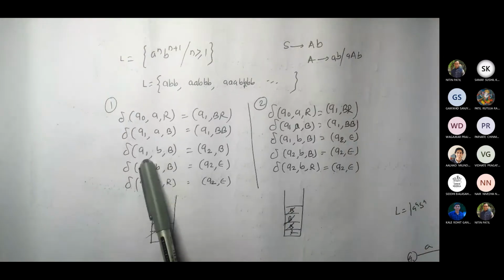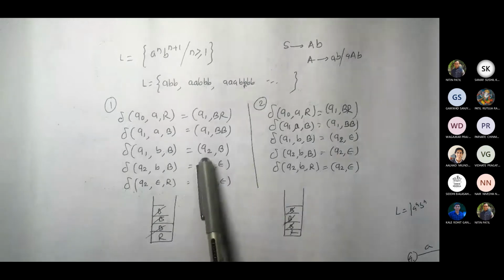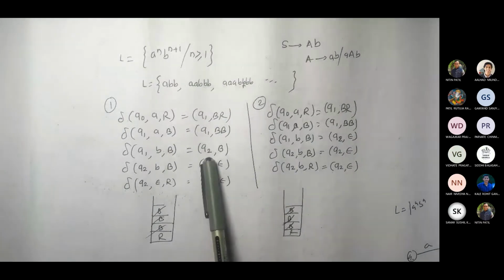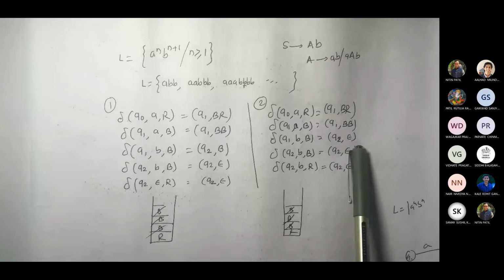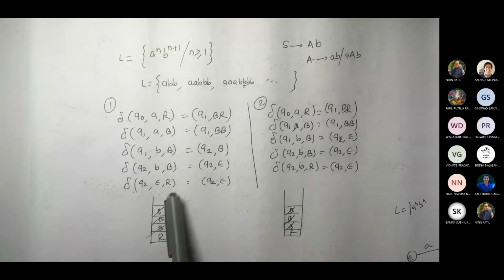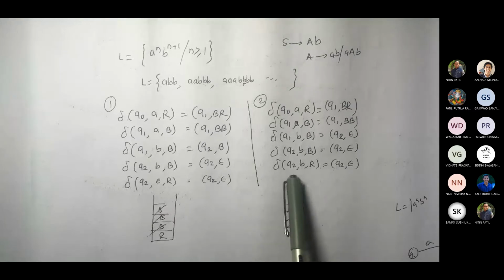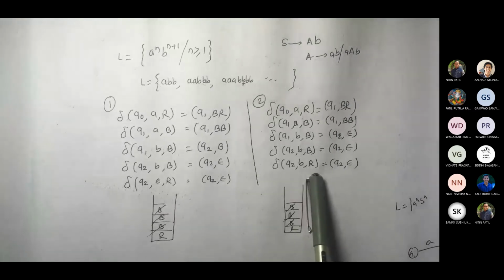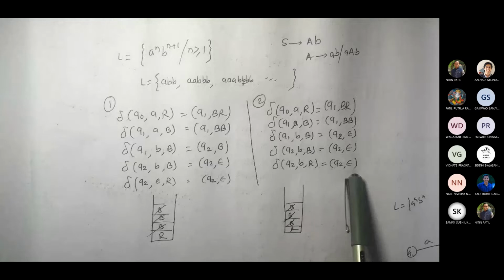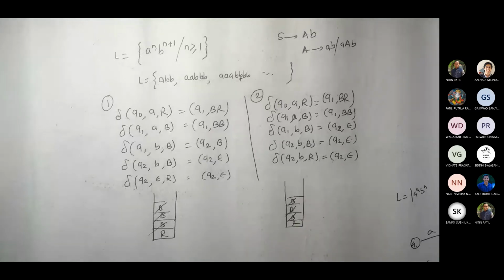The first difference is here. So Q1 BB, Q1 BB. We kept B as it is. We entered into Q2. Here I skipped, or I popped the stack. And the last statement is also different. Q2 epsilon R. I'm writing Q2 epsilon. And here I'm going to get Q2 BR, and then Q2 epsilon. Is that fine?